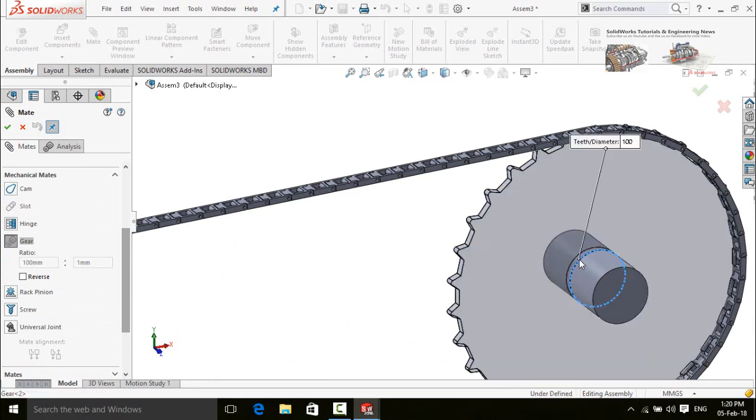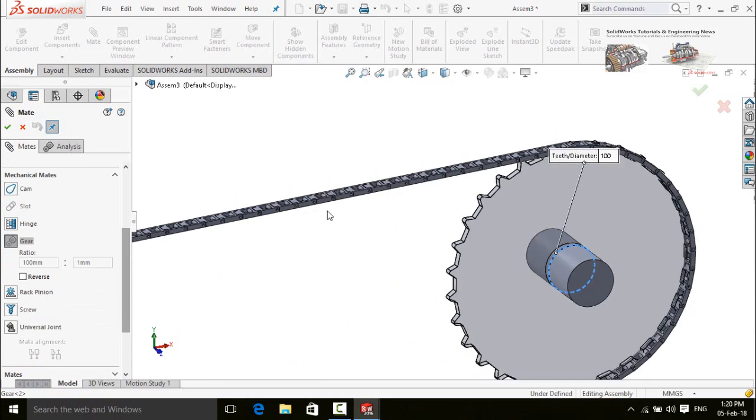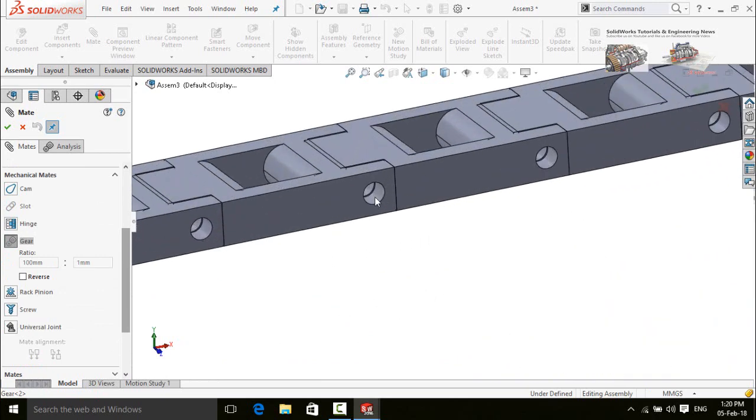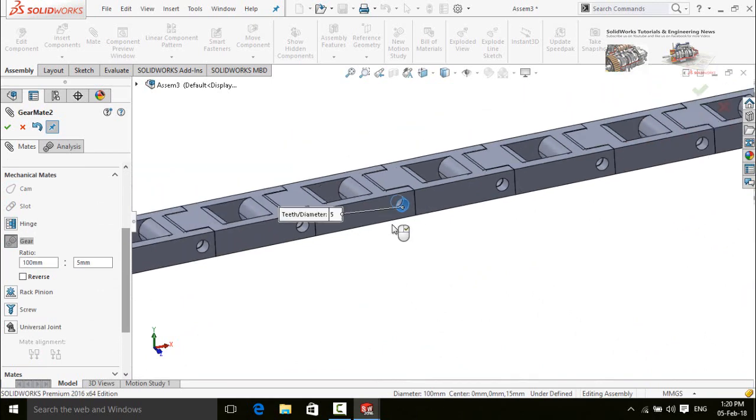Now select this cylindrical edge or circular edge of one gear and then this cylindrical bore or face of chain component.